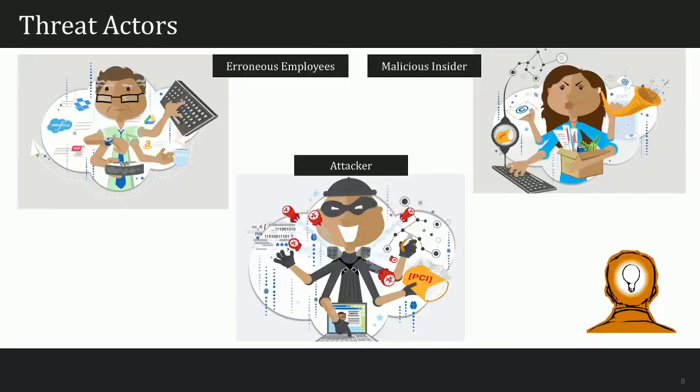Now let's move forward. I'm going to talk a little bit about the threat actors and present a platform for how different threat actors can go ahead and abuse the cloud apps. We talk about erroneous employees, people making mistakes. An example would be broadly sharing files with someone who is not even entitled to them. Or your administrators are not putting a set of controls in the enterprise, so a file, if shared, will be shared among all the employees of the organization. That is happening.